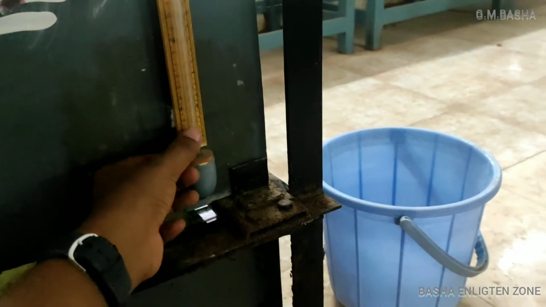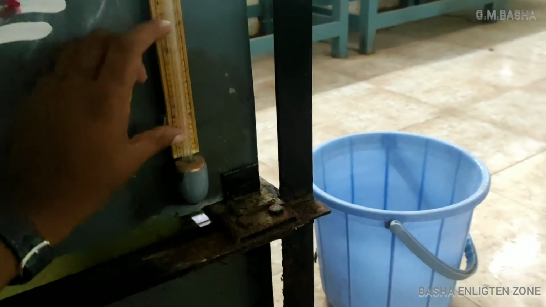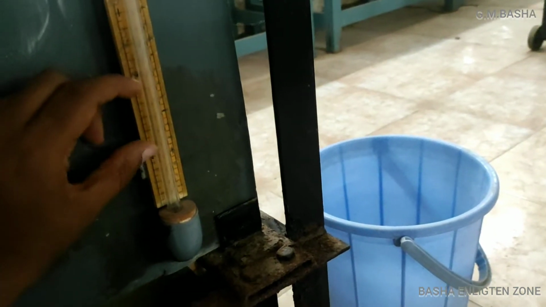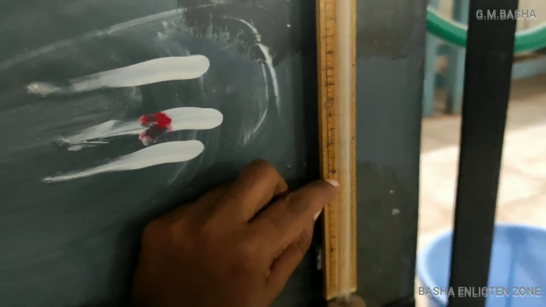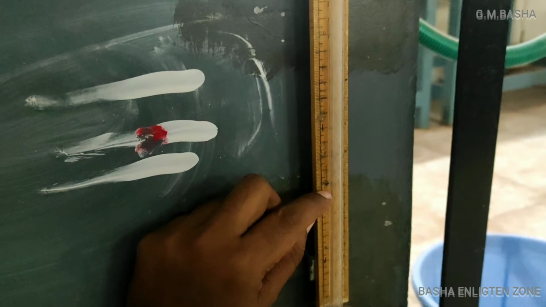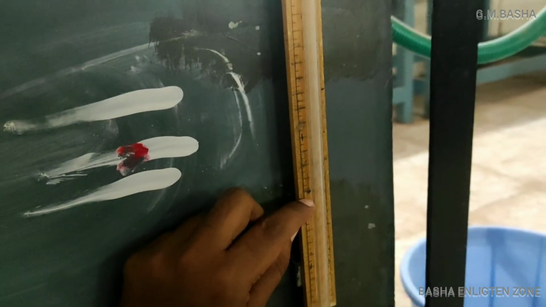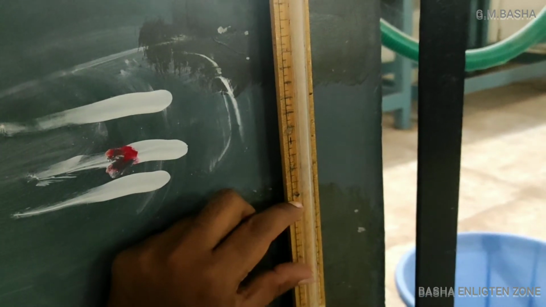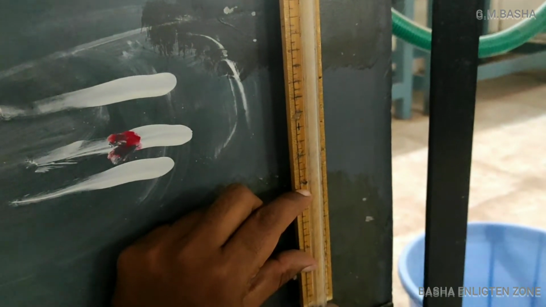So I am at the initial point, I am starting the stopwatch. Then after 10 centimeters, whatever the water will be full in the tank, for 10 centimeters, I will stop the stopwatch and I will note the point. So for example, you see here some 90 seconds. Okay, 1 minute and again some 30 seconds it will roll, means some 90 seconds. So for 10 centimeters rise for the first trial, 90 seconds will be your time taken.